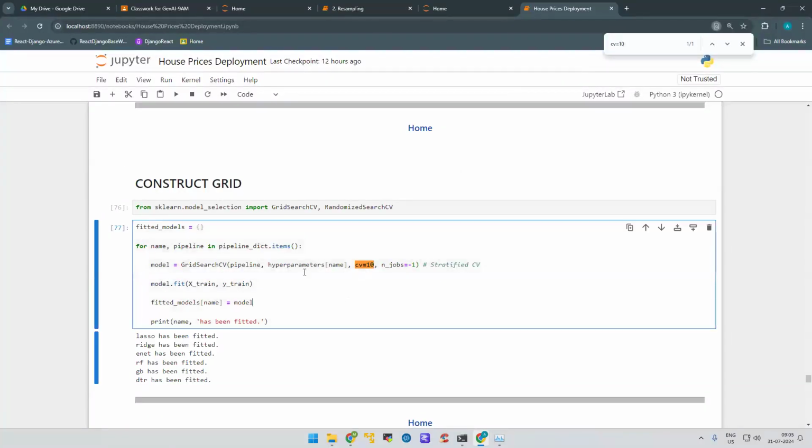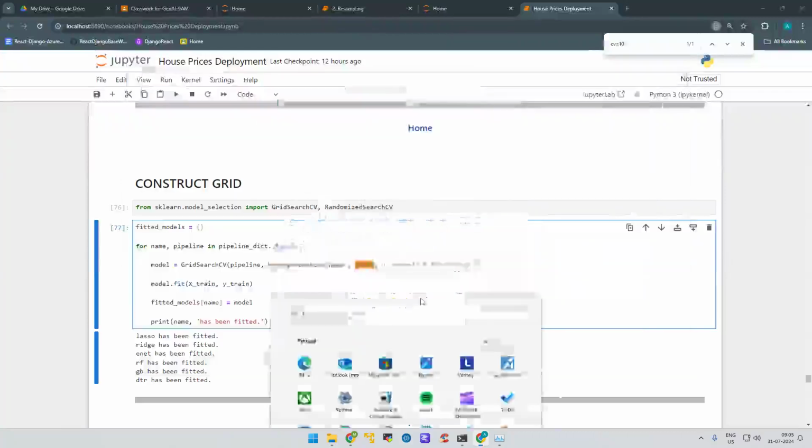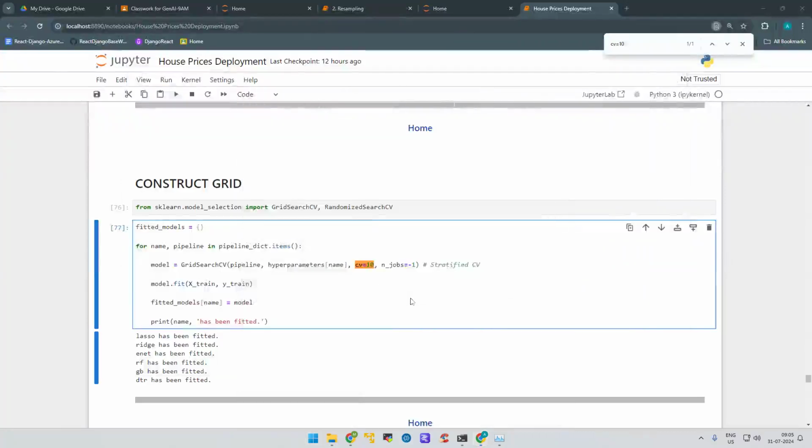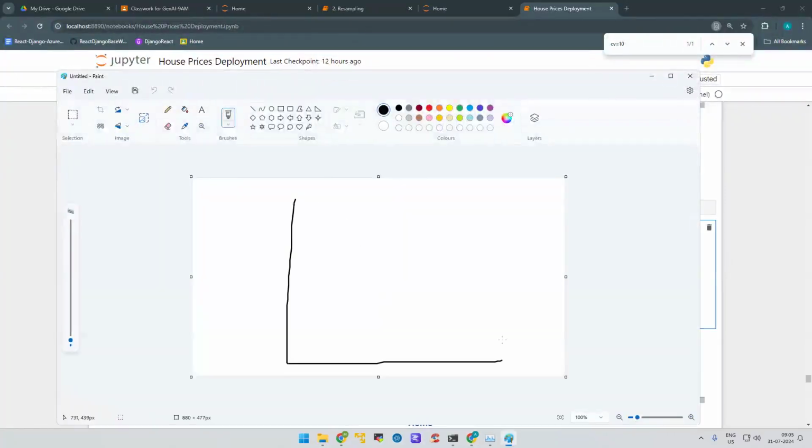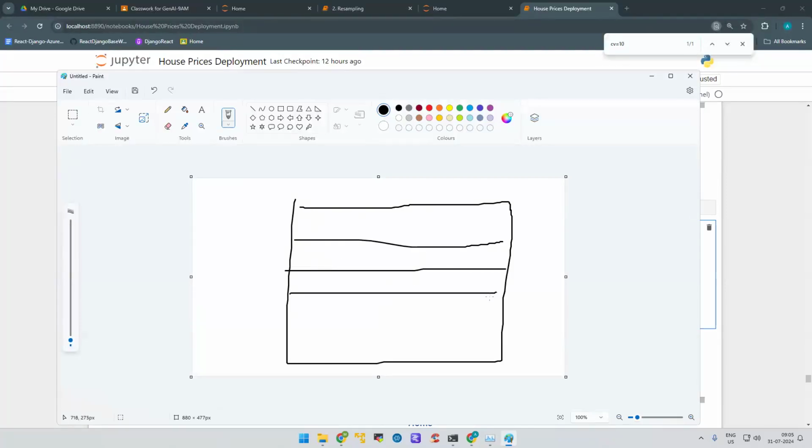So in GridSearchCV, we have something called CV. CV stands for cross validation. Basically, when we provide this training data set to this, it is going to divide the whole data set into 10 chunks, 10 parts. Suppose a training data set is like this, right? Then if we have CV equal to 10, it's going to divide this whole data set into 1,